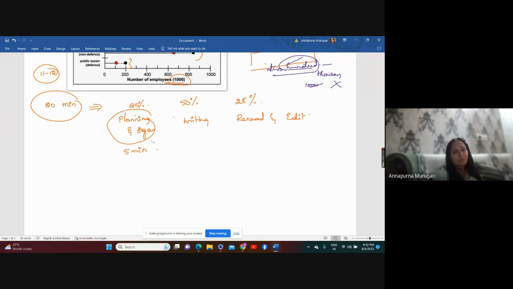So now coming back to our timing, 5 minutes you spend for planning and organizing, deciding which paragraph what you are supposed to write. Then if everything is ready for you, you will be deciding here only what you need to write in your intro, that is paraphrasing, along with the initial overview. So everything will be decided in these 5 minutes. 5 minutes is more than enough to understand any graph there. Okay, so you have everything with you. Only now you need to put it on the paper.